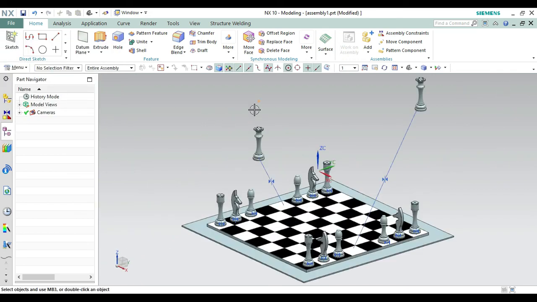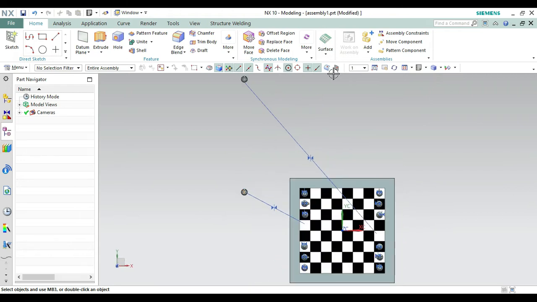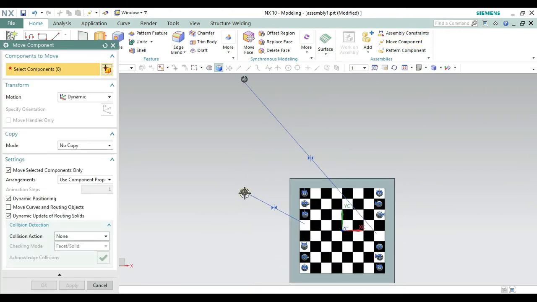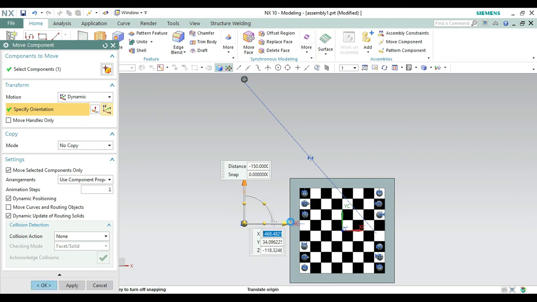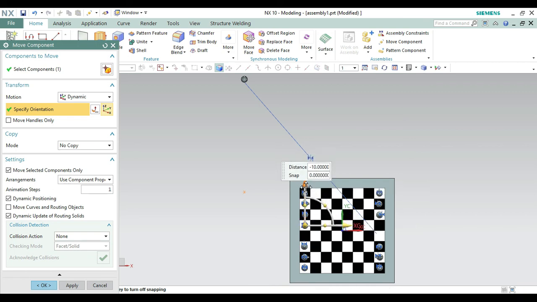Again, let's do it easily with this command. So from here, select this one first and bring it to center, then select that one and bring it to position. From here, let's do it straight. Let's stretch it to something like this one, and let's bring it to this part from here.